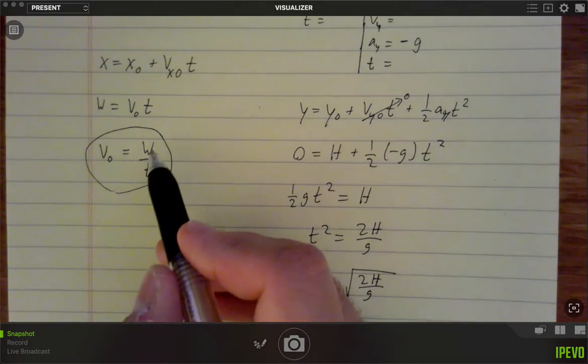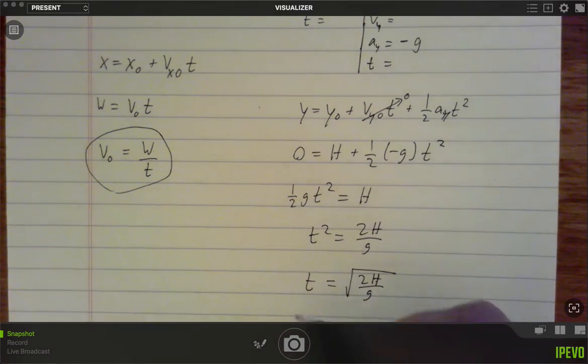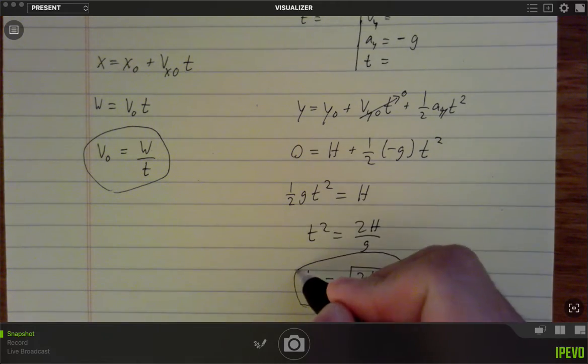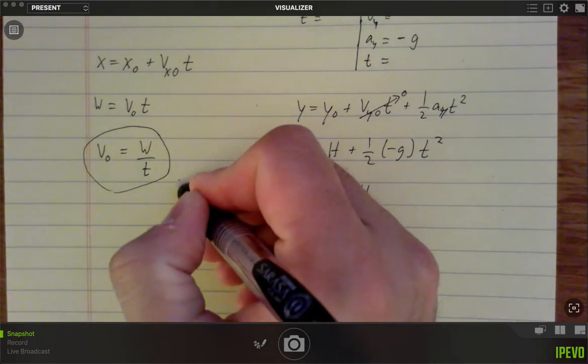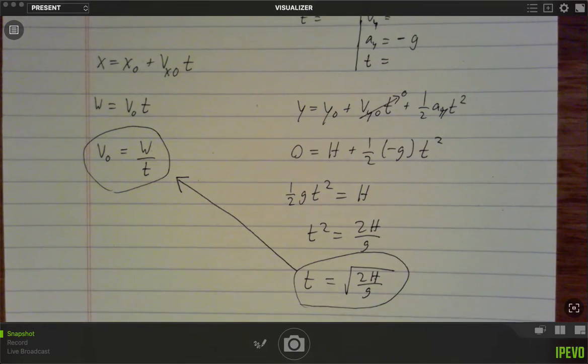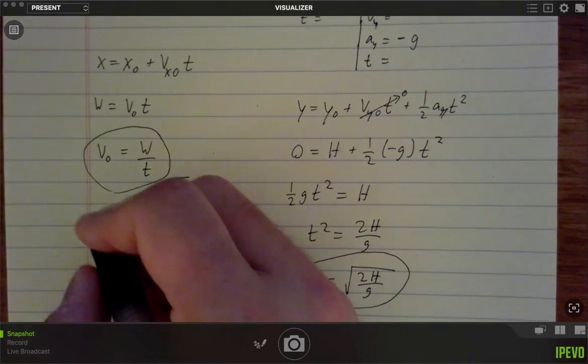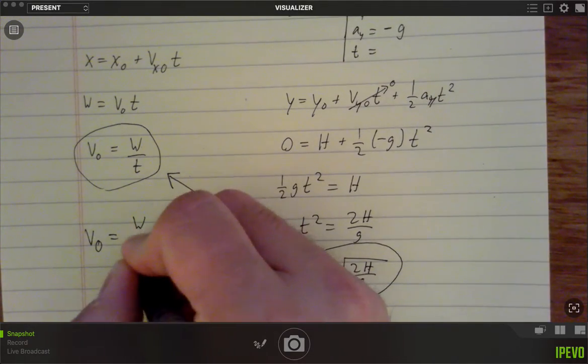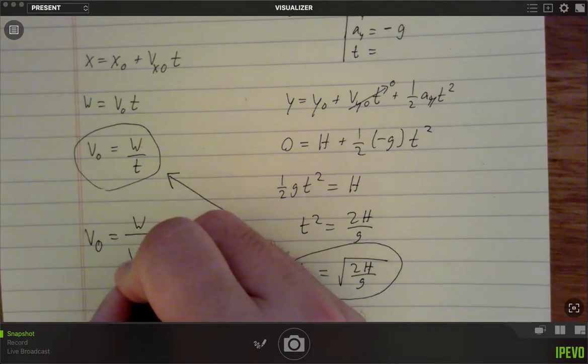It's in terms of W, but it's also in terms of t. And I have an expression for t. The expression for t is in terms of h and little g, and that's good because what I can do is substitute that expression for t into this expression. And what I get is V naught equals W over the square root of